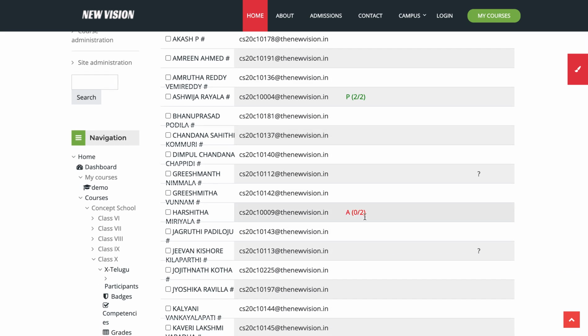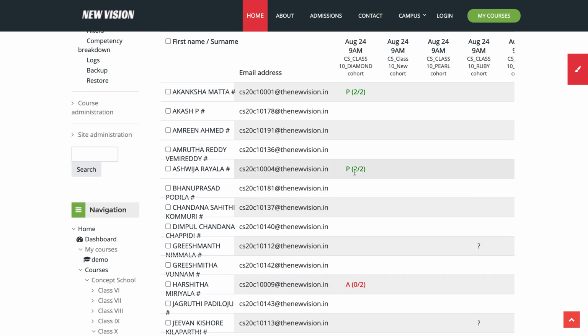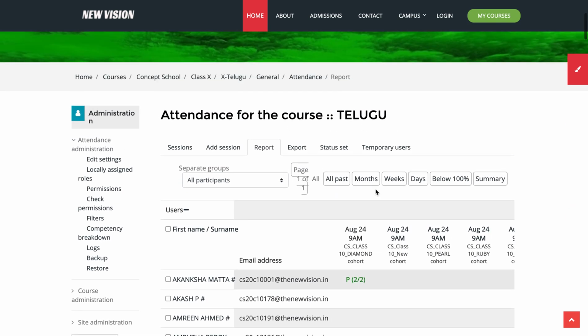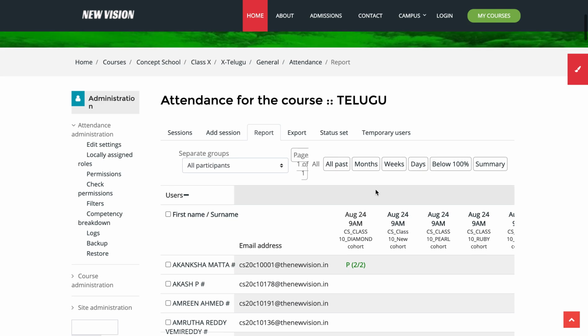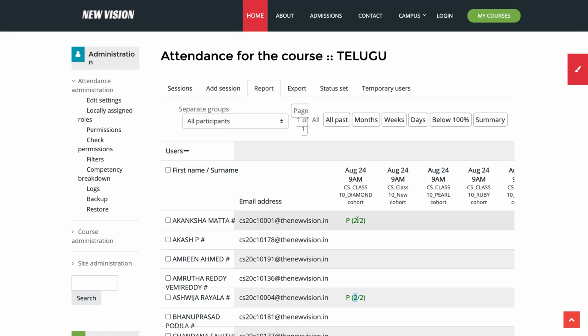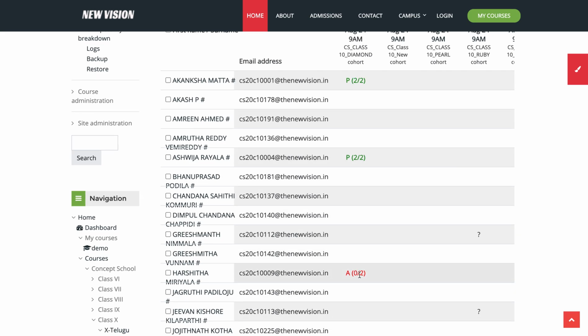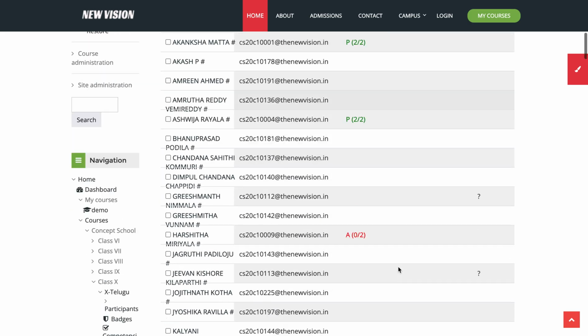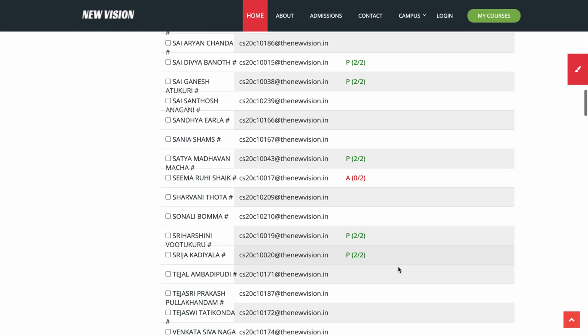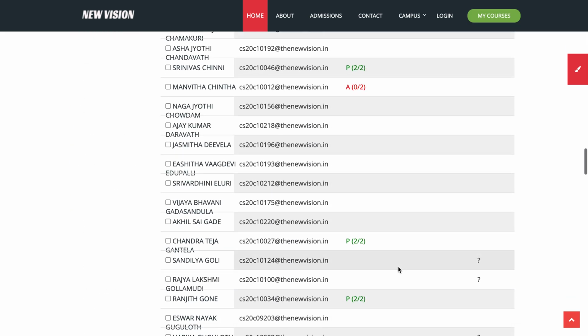See here, out of the classes attendance we have taken, Harshita was absent, 0 marks, 2 marks for Ashwita Raj and likewise. And I just forgot to tell you, if a student is present, he will gain 2 points. If a student is absent, he will gain 0 points. So points keep adding, okay. So that is how you can take attendance.